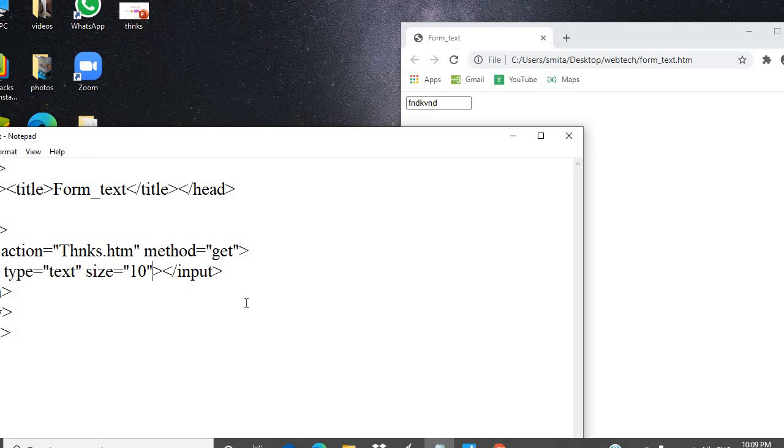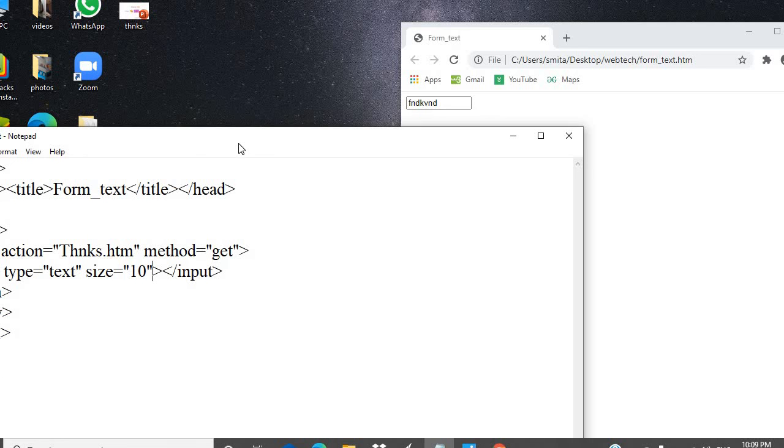Next attribute is maximum length. Maximum length determines the maximum number of characters that can be entered in that field. So that value must be assigned in the numerical field, that is, it should start with the number field.